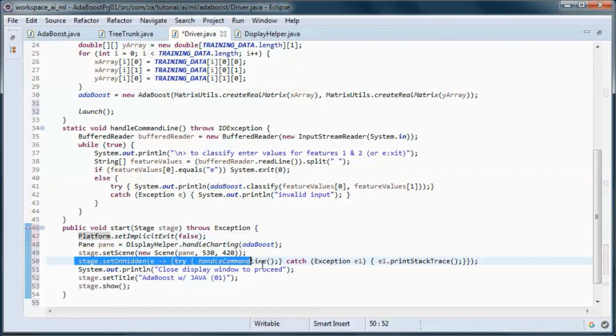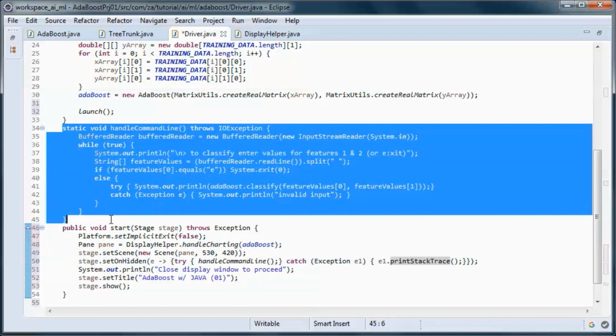And when we close the window, the handle command line entry method will be called.